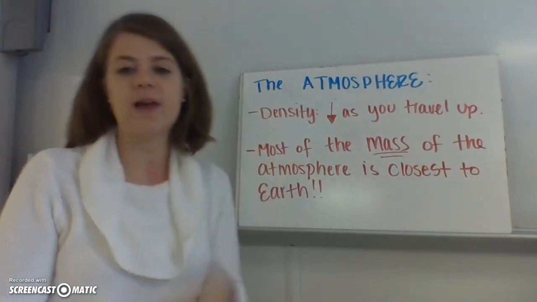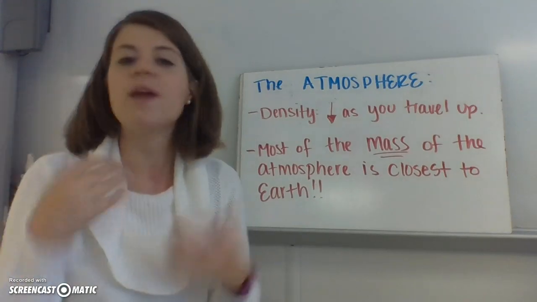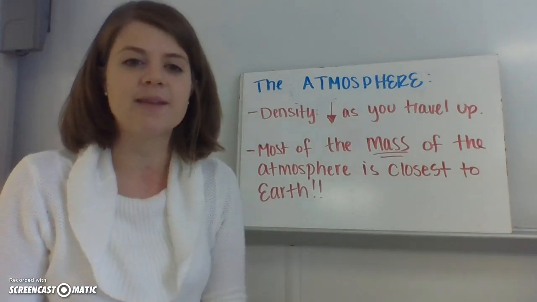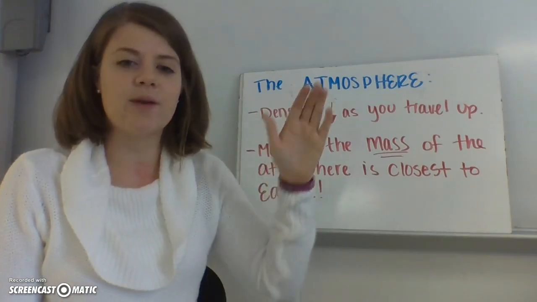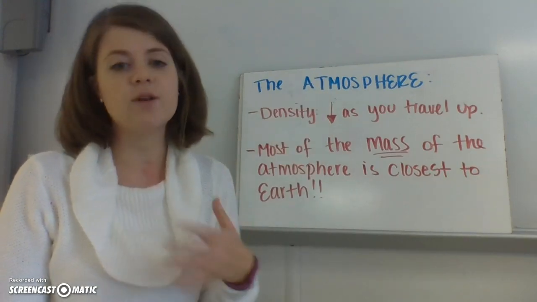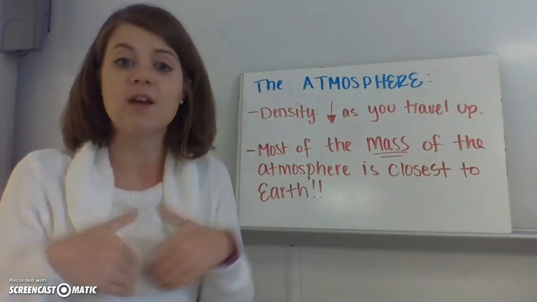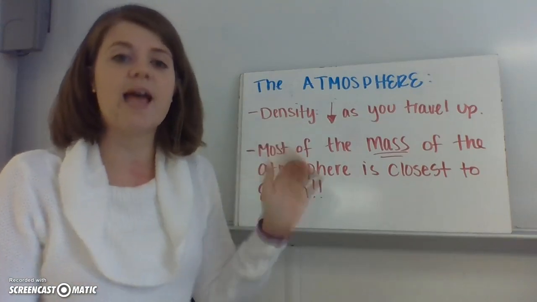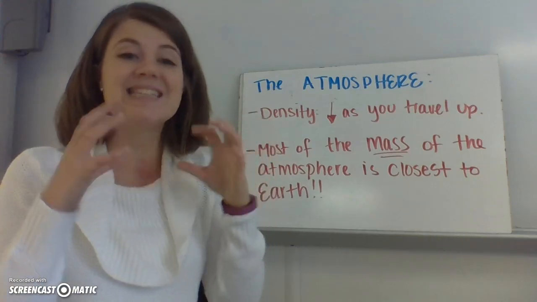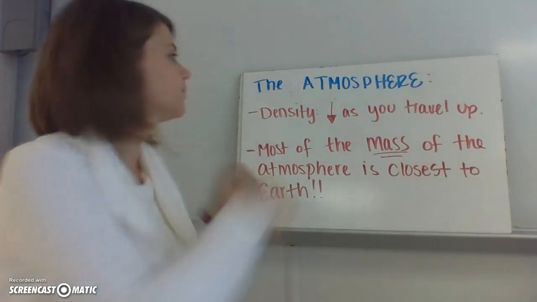Oh, but before we move on, I do want to ask you this. What happens when you're climbing up a mountain? Now, you may know this from personal experience, or you may know this from just hearing stories of what happened. But especially people that climb up Mount Everest, right? What do they have to wear? They have to wear oxygen masks because they'll notice that they'll start to get faint. They're not really thinking right, because they're not getting oxygen. So this just goes to show us that as we go up, the air is getting thinner, there's less mass, it's less dense, which causes a lot of problems for us as humans.